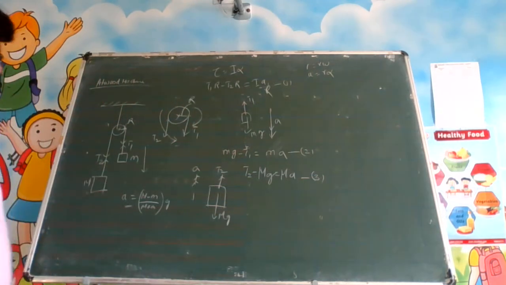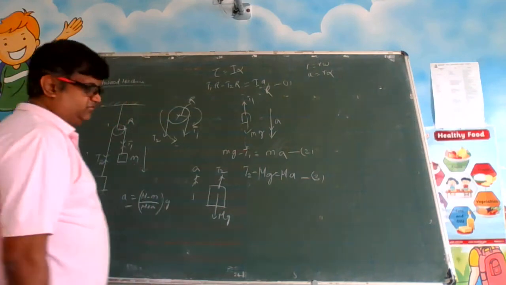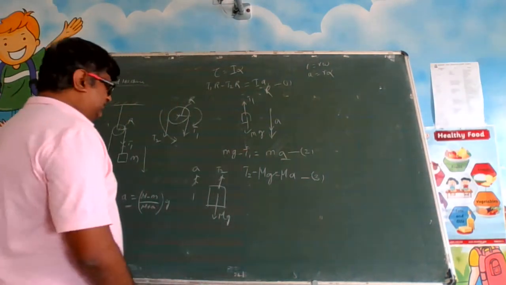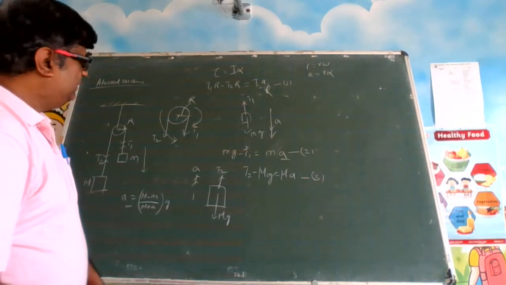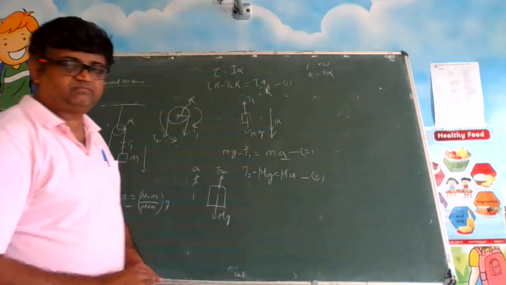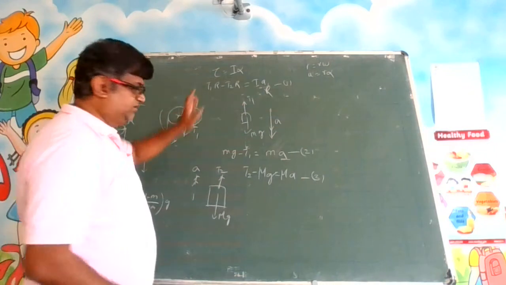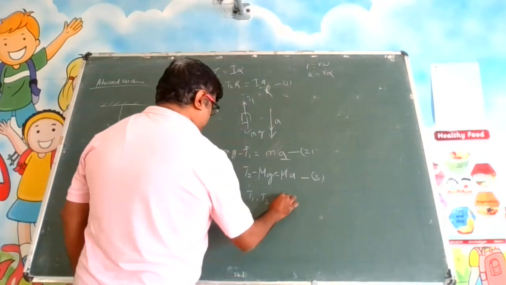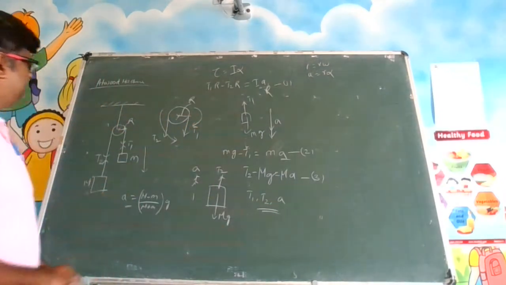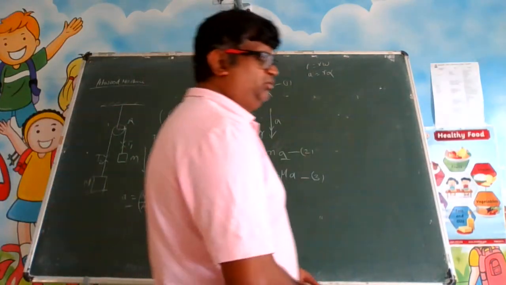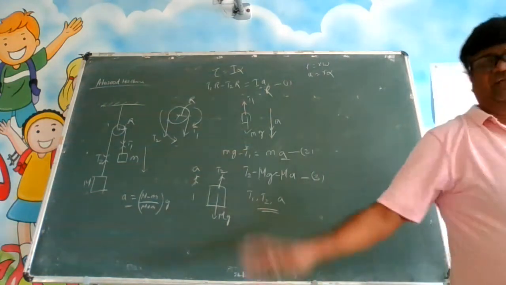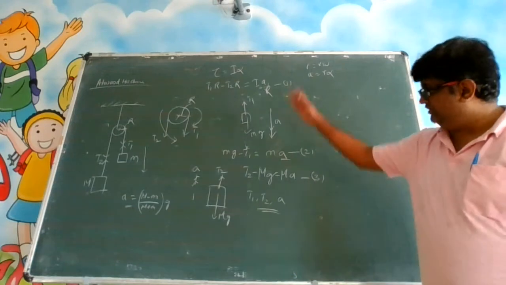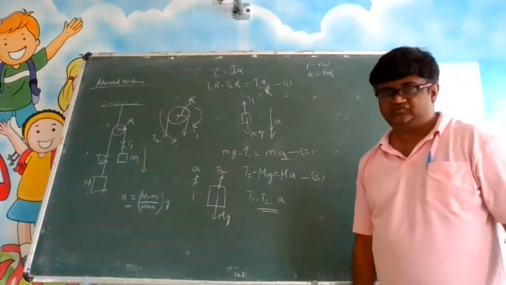ठीक है? तो ये पूरा पकड़ करके हमको करना क्या है? What are we supposed to do? We are trying to crack this value of A. Now you can crack the value of T1 and T2 also. Why? Because you got 3 equations. So these 3 equations, there are 3 unknowns. What are the unknowns here? T1, T2 and A. Usually the pulley moment of inertia will be given to you, pulley radius will be given to you. They will tell you that pulley is massless and all these things, standard terms. So all these 3 unknowns can be cracked using these 3 equations.